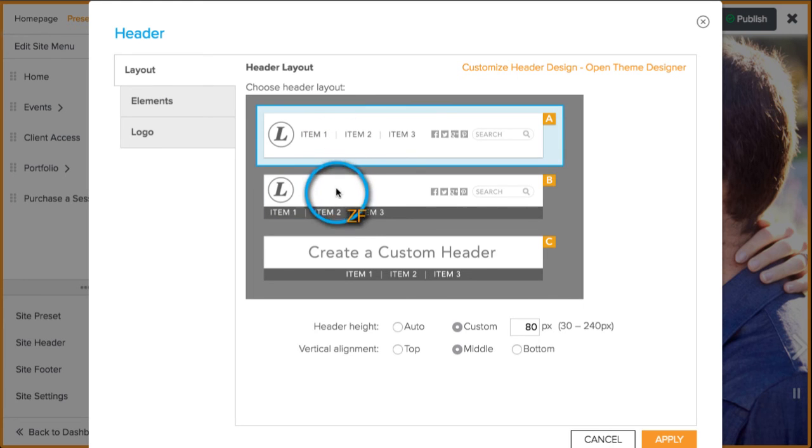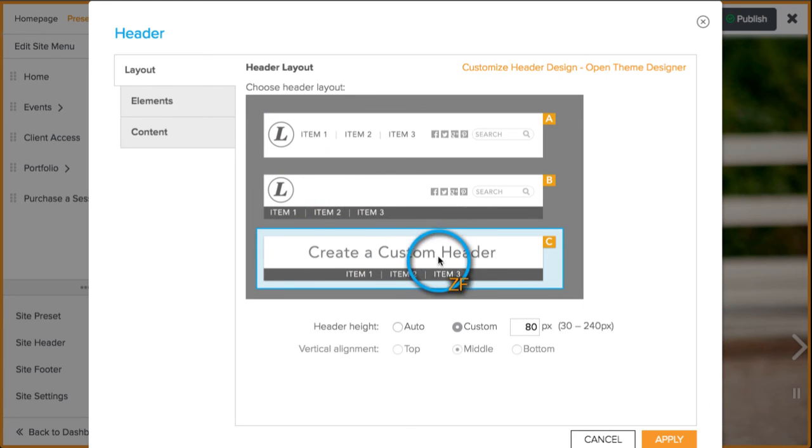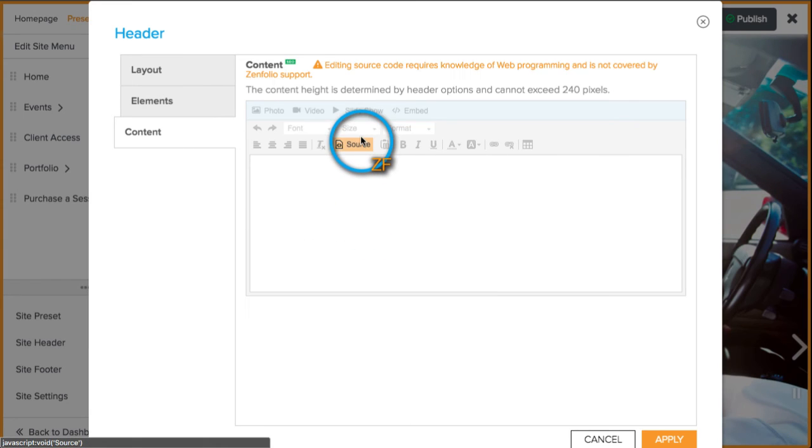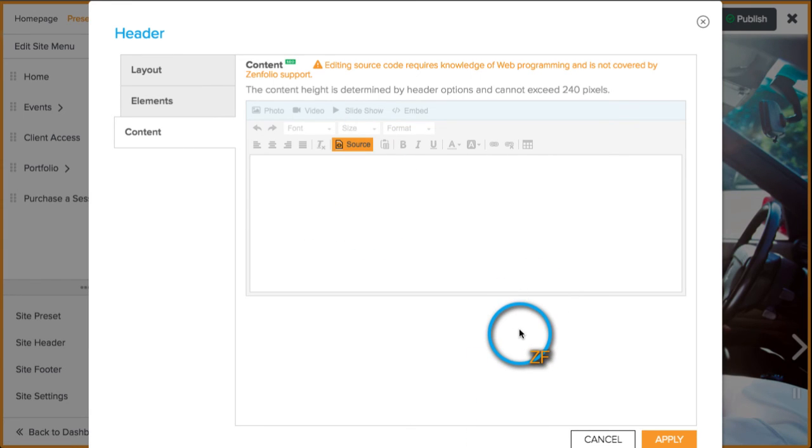One of these allows right here, the custom content right here. So you can go there and then go to content and do the same thing here. And you can also do that